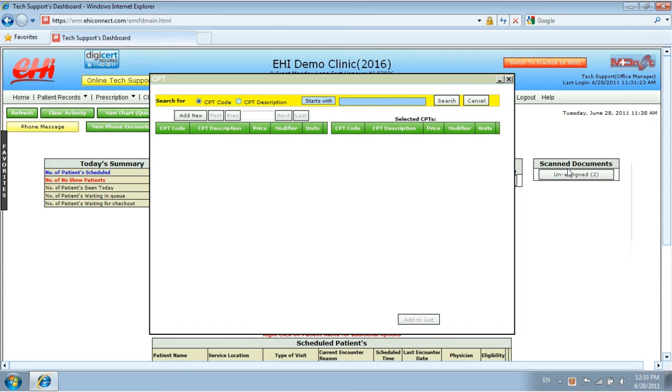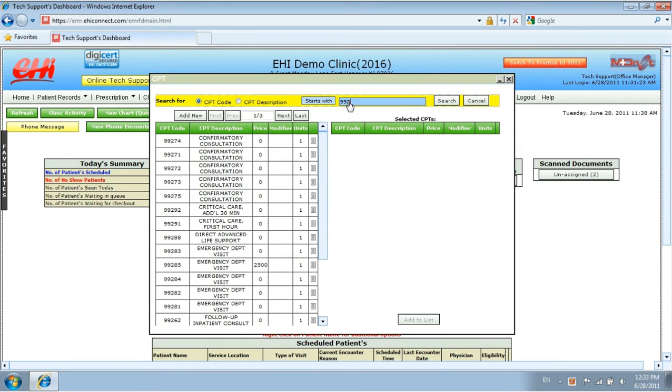This is going to bring up our CPT master, where you can see here we have a search criteria. You can either search for the CPT by the actual code number itself, or you can key in a description and the system will actually search for you. So for example, we're just going to do a quick search for an office code. Once you type the first three numbers in, you'll get an autocomplete, which will complete the code from here. Then, if we want to select a code, we just simply select the configuration icon